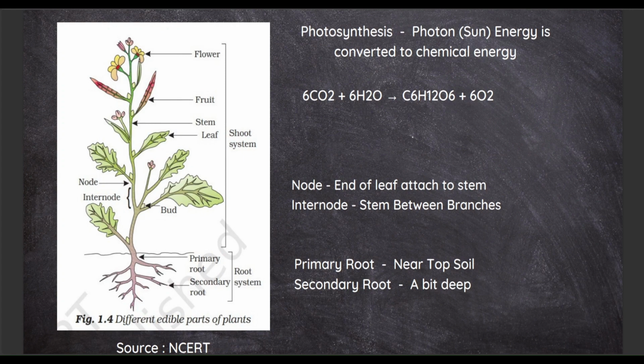Photosynthesis में sun का energy is converted into chemical energy। ये photosynthesis का equation है। 6CO2 which is carbon dioxide plus 6H2O which is water, after the process of photosynthesis is converted into C6H12O6 which is glucose and 6O2 which is oxygen। अब यहाँ जो ऑक्सीजन रिलीज होता है it comes from the water over here। In the entire world the rate of photosynthesis is greater than the rate of respiration।